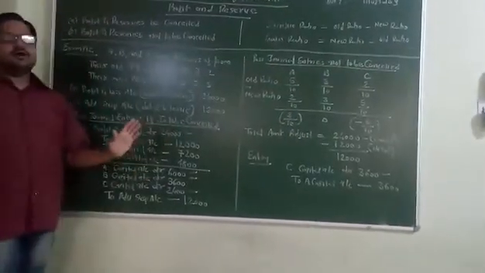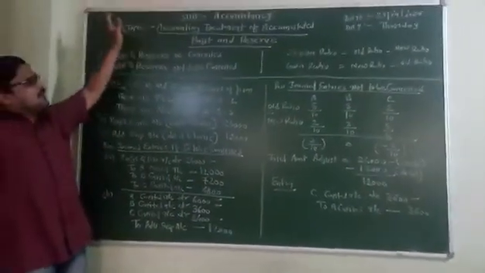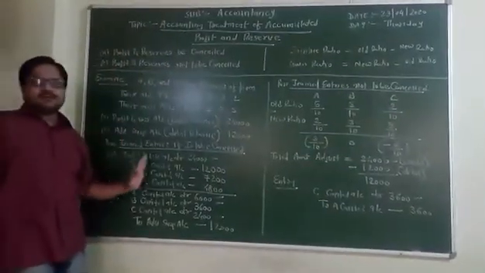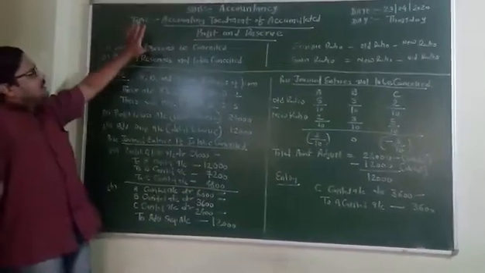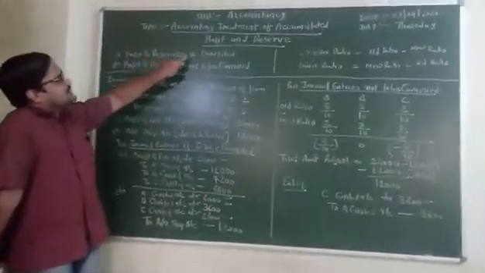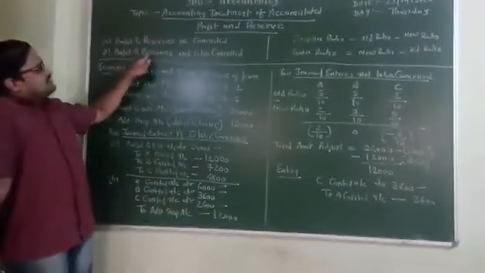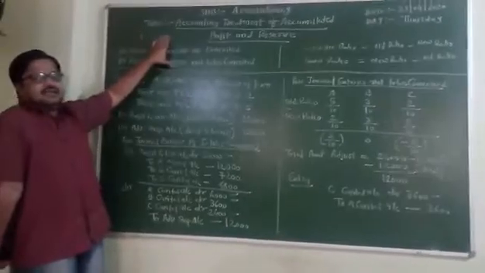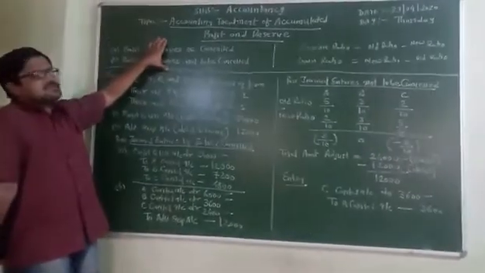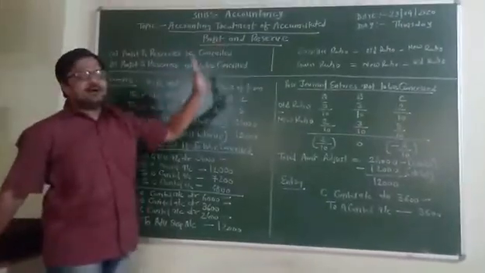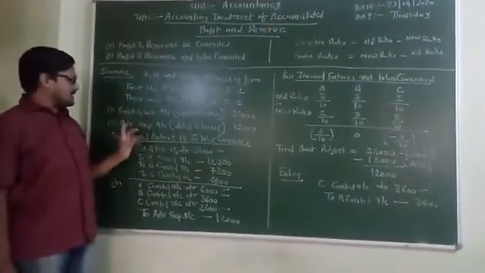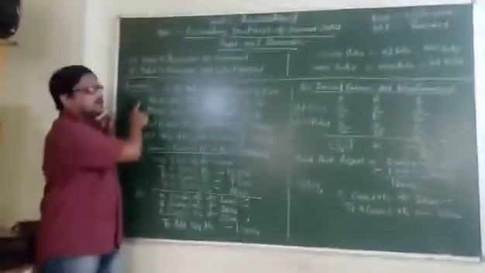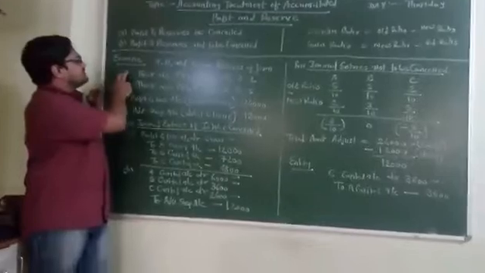Now in this video, we will see the accounting treatment of profit and reserve when the profit sharing ratio changes. There are two situations when the partners decide: profit and reserve is to be cancelled, and profit and reserve is not to be cancelled. I will explain what effect is given on profit and loss and reserve with the help of one example.